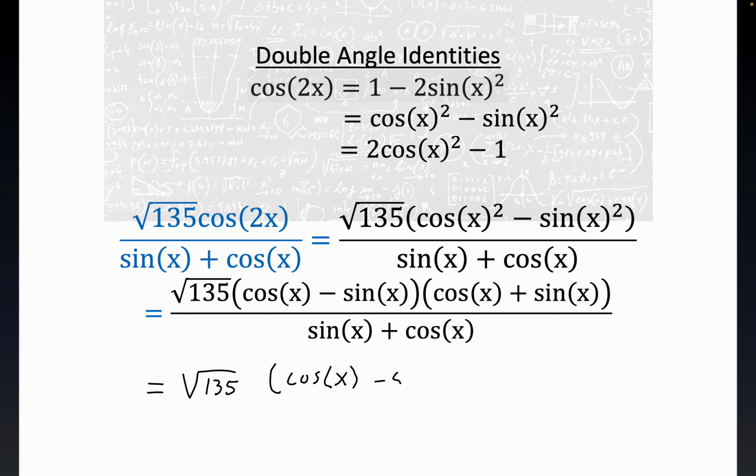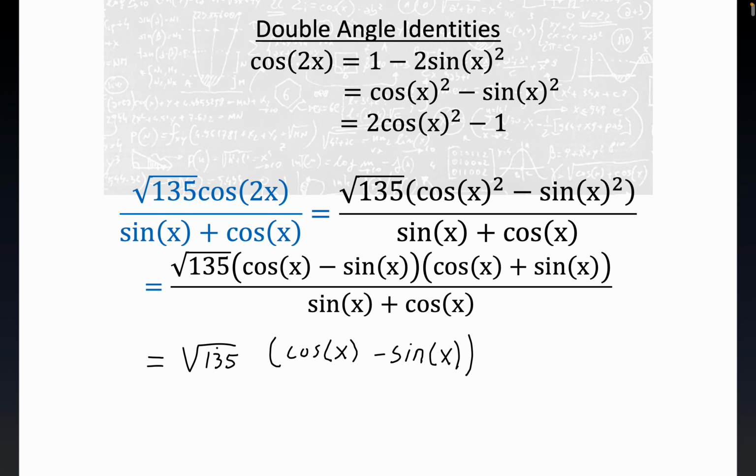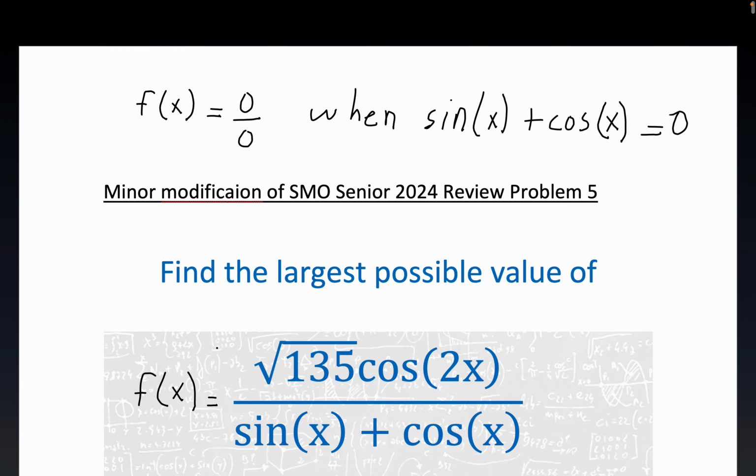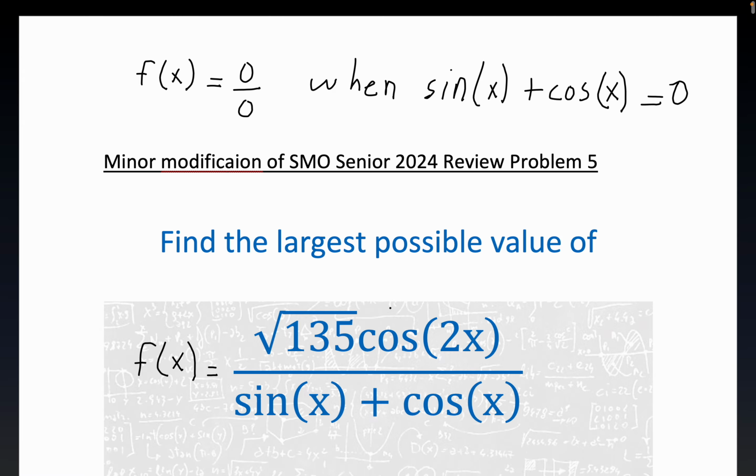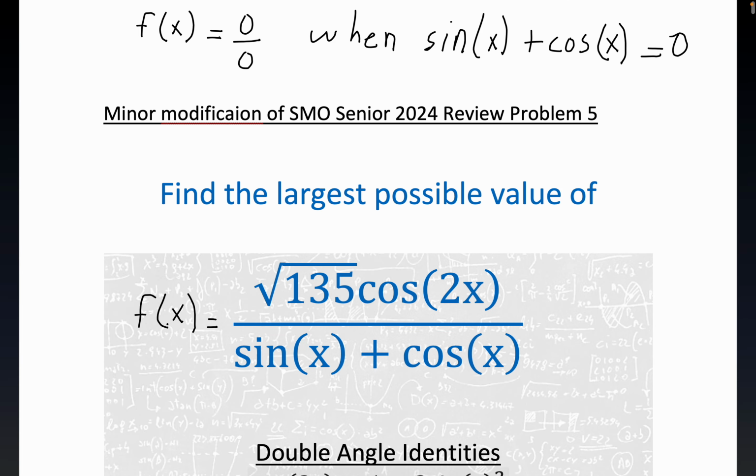We're trying to maximize this expression for all x. So again, the cancellation is okay as long as you're aware of the fact you've got to be cautious about when the denominator can be equal to 0. Okay. Now, so again, we're trying to maximize this value, this function f